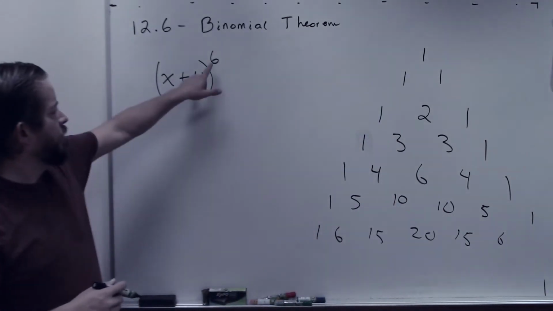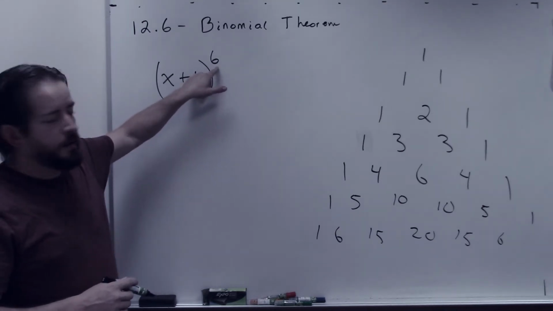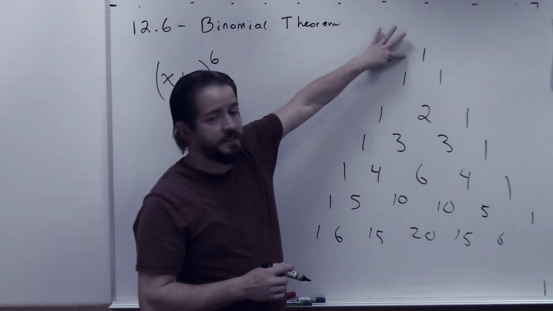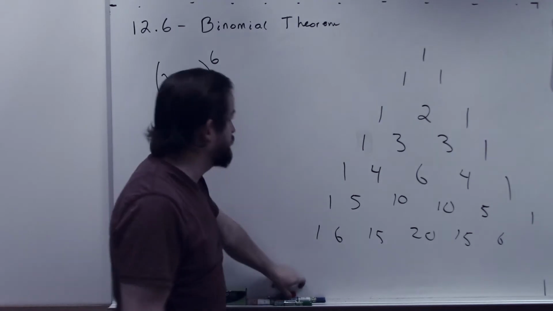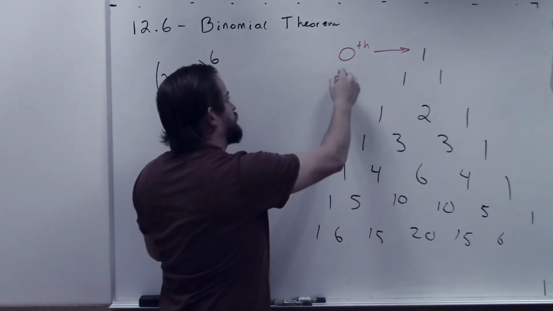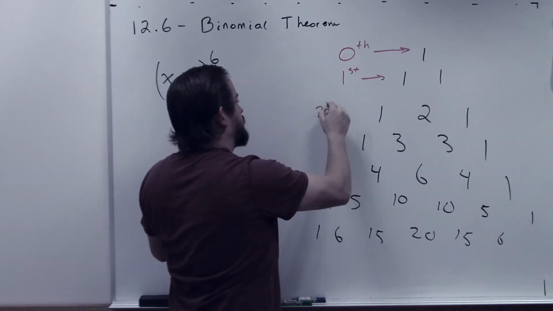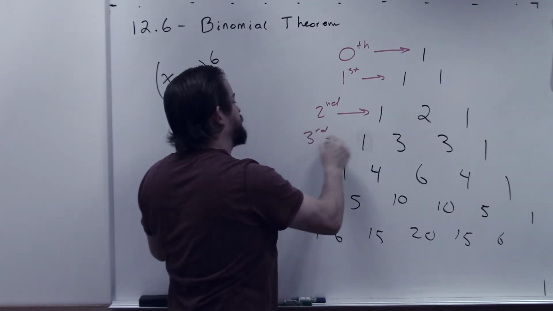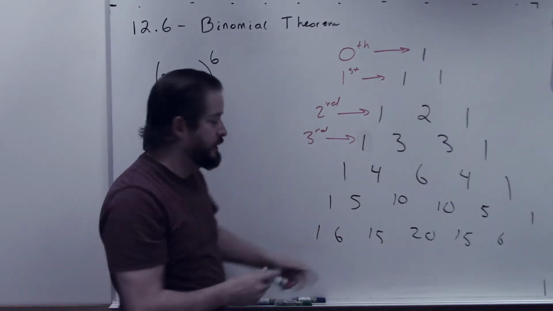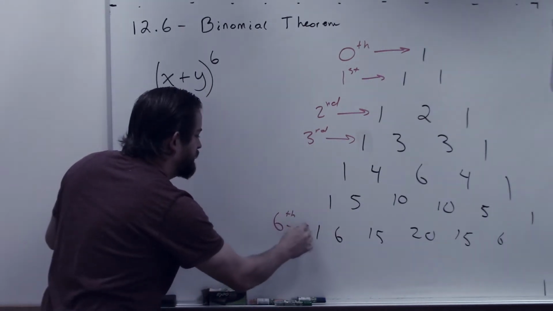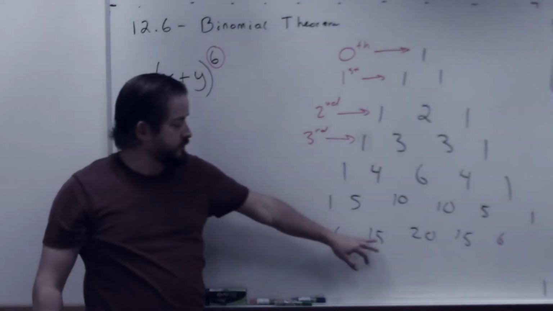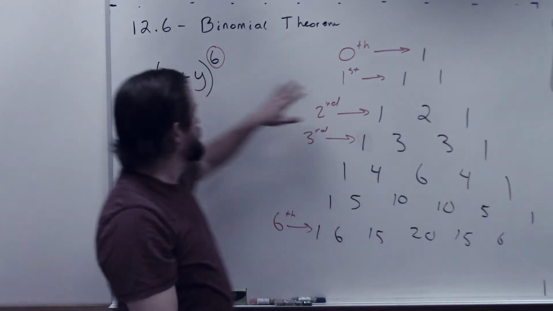Okay. Now I'm looking for the 6th row, right? That doesn't mean start here at 1, 2, 3, 4, 5, 6. In fact, this starts at your 0th row, so we have to count starting from 0. This is row 0, and then your first row, your second row, and your third row. In fact, you can find out what row you are by the second number in: 3rd row, 4th row, 5th row, 6th row. So this is the one I want, the 6th row, because I'm at a 6th power. So these are my coefficients, 1, 6, 15, 20, 15, 6, 1, for the expansion of this x plus y